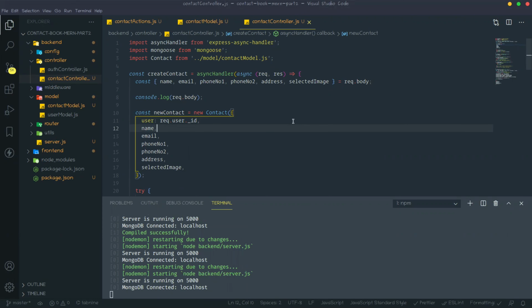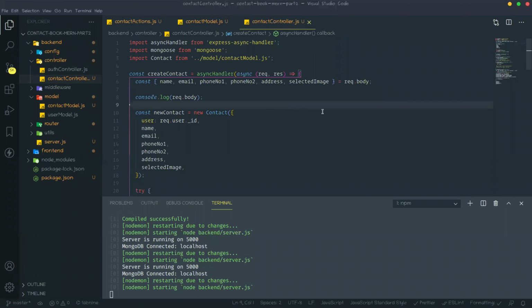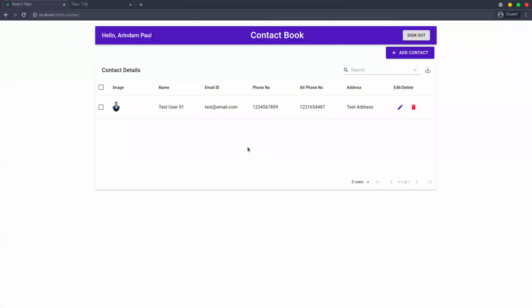So now contacts are individually created by individual users. These contacts are not public, these contacts are private for particular users. Like you are a user, you can create your own contacts. Your friend is also another user, so your friend also creates his own contacts like that. Okay, so I think it should work right now.